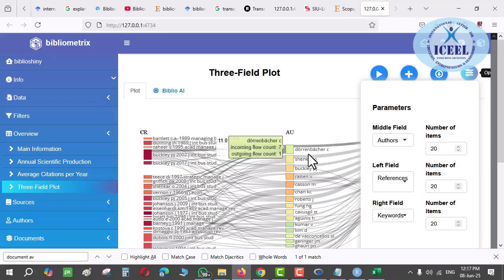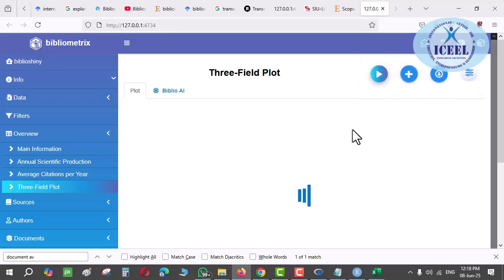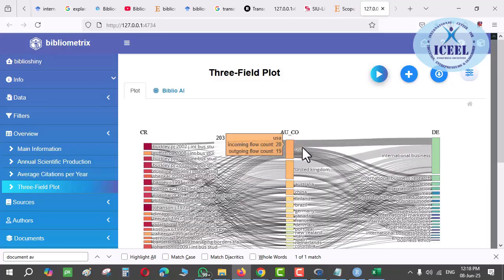Suppose I want to change it. Instead, I want to have it over here in the midfield, for example, the keywords or maybe the country, to get an idea that this particular topic is being researched in which particular country. And if it is there, yeah, country is here. I would select country. So new graph will be plotted over there and you will be getting the countries in the mid part. So you guys can understand that my research is being done maximum into which particular country. You can see here, country.